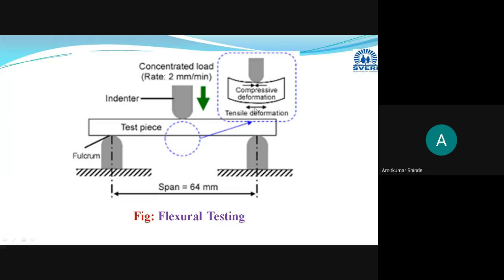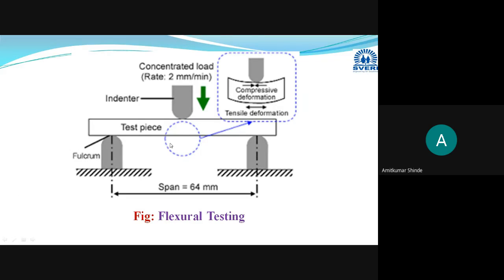It will get pulled from both ends. Due to that, tensile deformation will occur, and a crack will be formed at the outer fiber, and the maximum stress carried by that plastic material before the crack occurs will be termed as